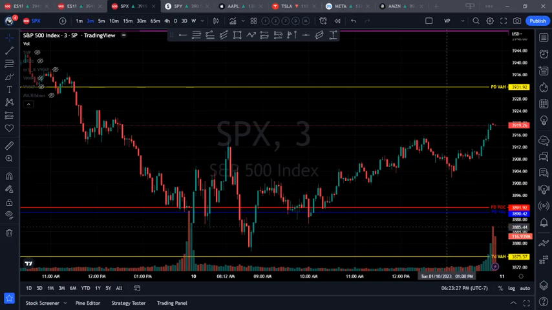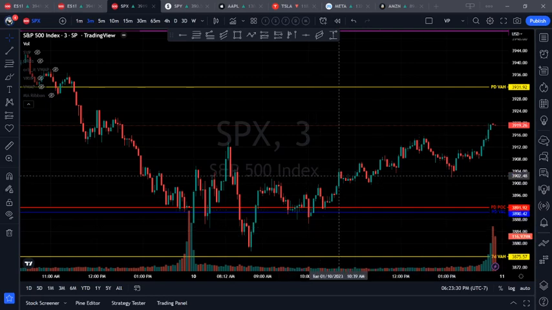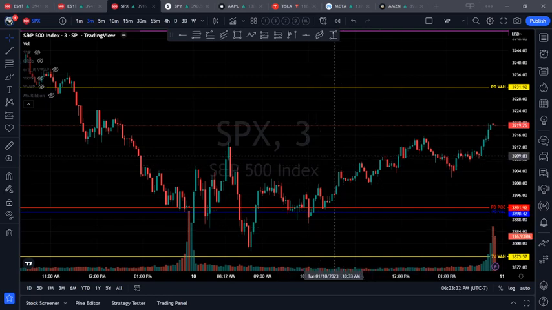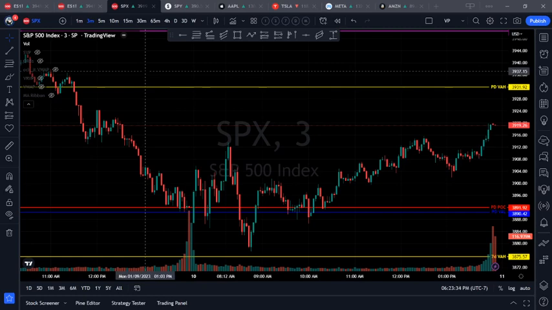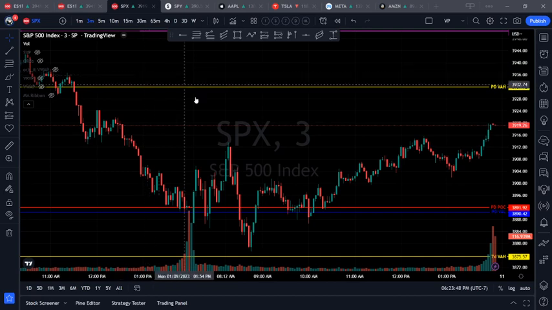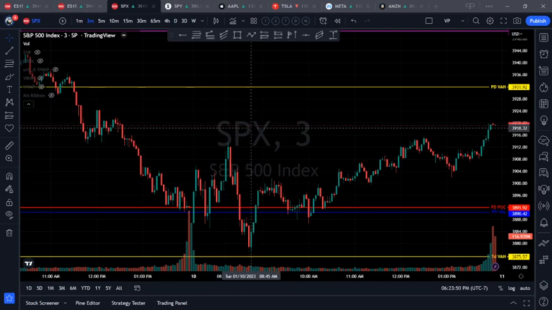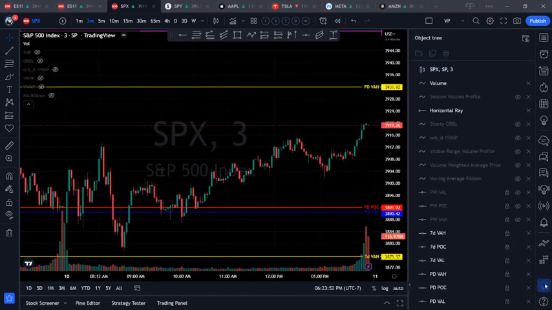I'm going to be working on my levels tonight on January 10th, 2023. I chart SPX, SPY, Apple, Tesla, Meta, Amazon, and ES1 regularly. If you have any questions about my levels, feel free to leave me a message and I'll try to get back to you guys regarding what levels I find. To start out, we're going to look at SPX, and I'm going to look for the daily levels